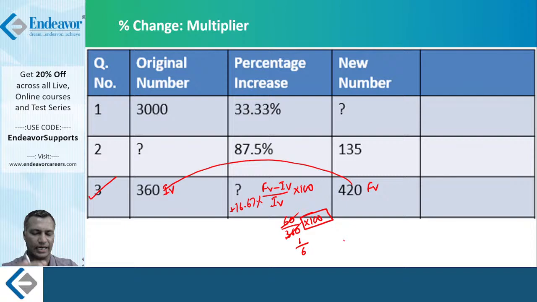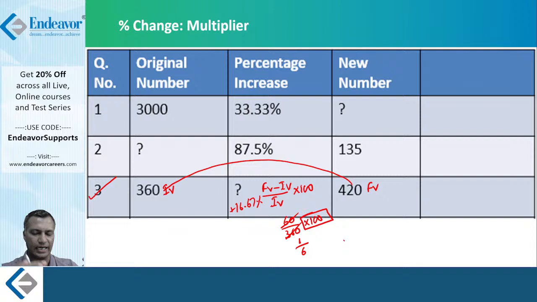Let's do the reverse drill, the decrease drill as well for today. I'm hoping you are all understanding the issue of the multiplier here. Let me remind you again. What is the multiplier thing? You have the initial value, you have the multiplier, then you have the final value. This is the structure that you have at your hand.